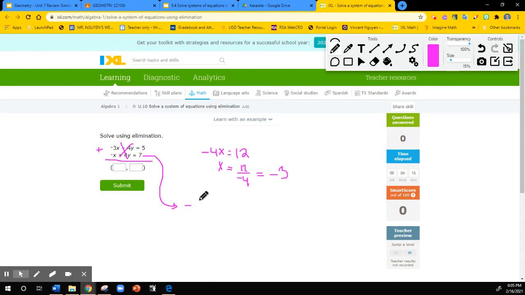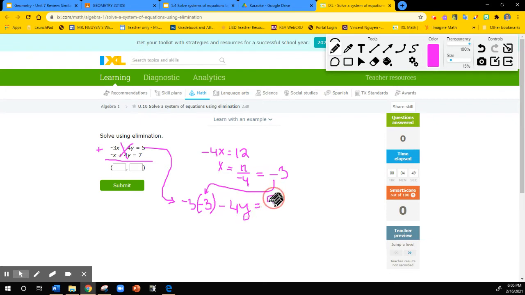But either way, let me take the first equation. It doesn't really matter. Let me take the first equation so that I can show you guys how to put this negative 3 in the right spot. Okay, so here's the equation. Negative 3, and then there's an x there, but I don't want to use an x. I want to put a number in there because I already know what x is. So I put the negative 3 in here. Okay, so the negative 3 goes in for x. Minus 4y